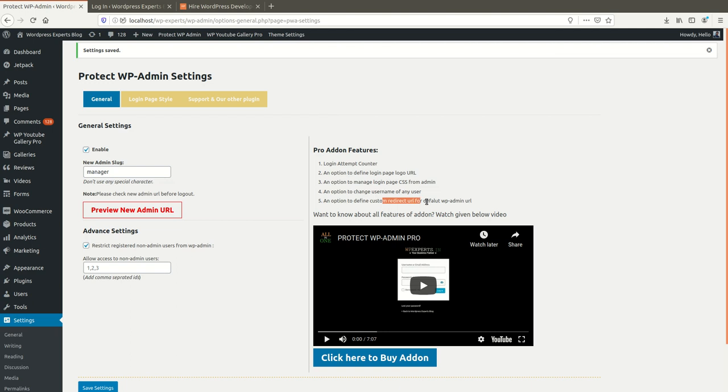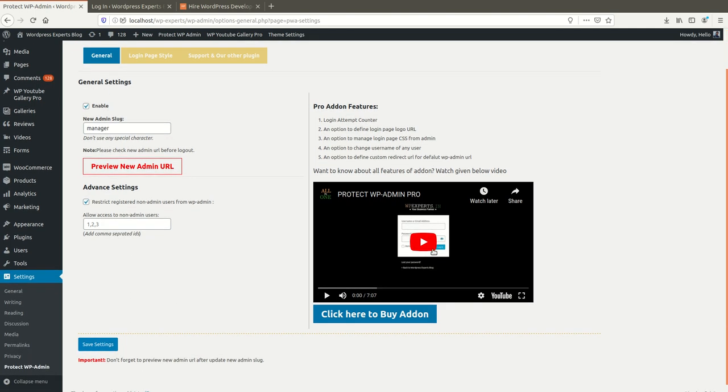An option to define the redirect URL. You can set the redirection URL, which means if someone tries to access your website with the default URL after you change it, they will be redirected to the URL you set. So you can define the redirect URL here.